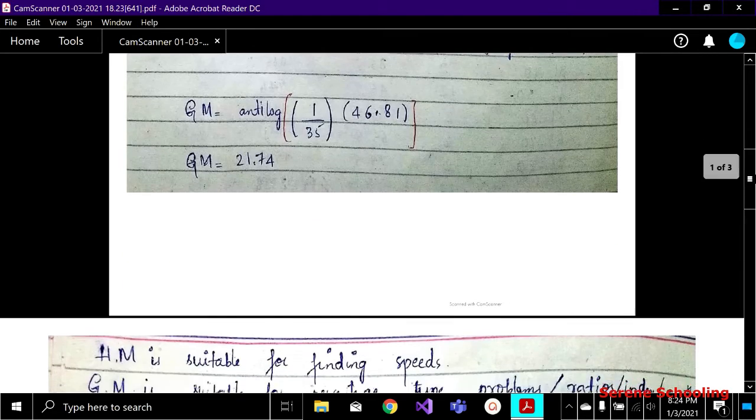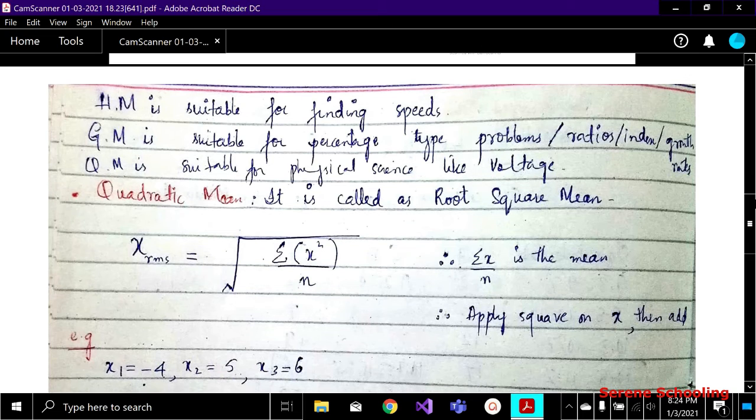So one important thing you must know is that we will study the harmonic mean and the other means also, but first I'm just telling you when to use which mean, because we have 4 types of mean: arithmetic, geometric, harmonic, quadratic, right? We have to use the harmonic mean if there are some speed problems given, right? Because they may tell you to just find the average of this thing.